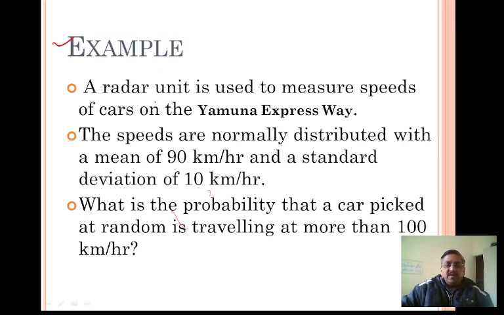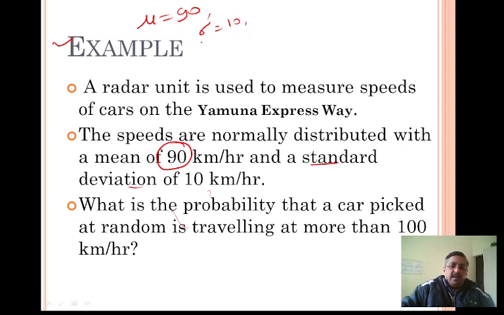So let's try to identify the parameters for the normal distribution that are available. Here one value is the mean, 90. So mu is given as 90. Then there is the standard deviation. That means if the limit is 90 and you are running your car at 100, no problem. So standard deviation sigma is 10. It is allowed, right? Plus minus 10 is okay.